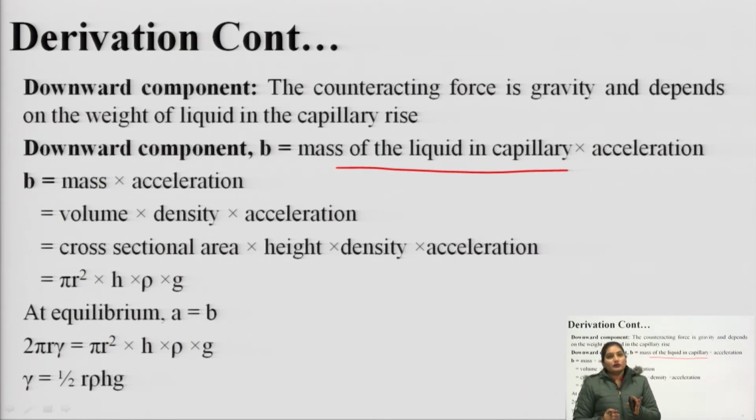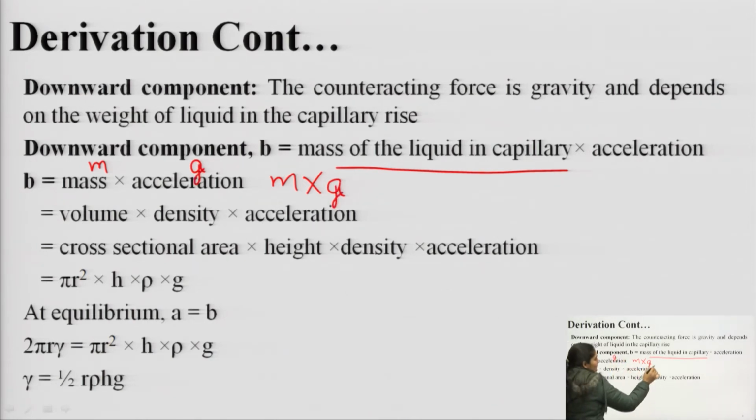As I have told you, the downward component is due to the force of gravity, and it also depends on the weight of the capillary rise. So, the downward component will equal the mass of the liquid, or weight of the liquid in the capillary, multiplied by acceleration due to gravity. So, B is equal to m into g. This mass is represented by m and acceleration is represented by